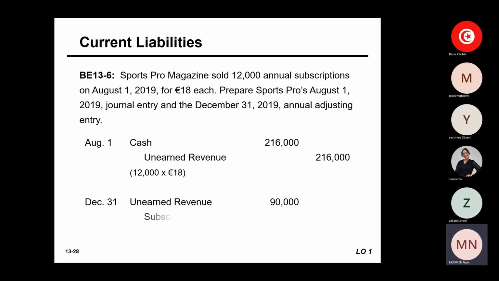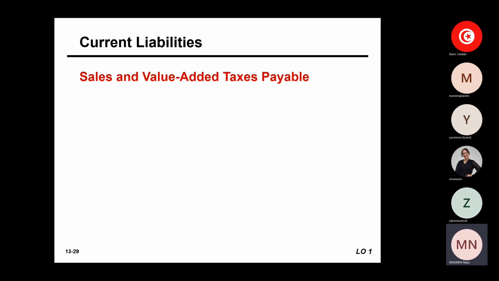That's why we have to debit the unearned revenue for that amount of 90,000, and we will credit subscription revenues for $90,000. So here we have 5 months of subscriptions already used up or consumed because of the expiration of time. We assume that from August 1st until December 31, every month the client will receive or use, for example read, these volumes online. They already have access to these magazines.